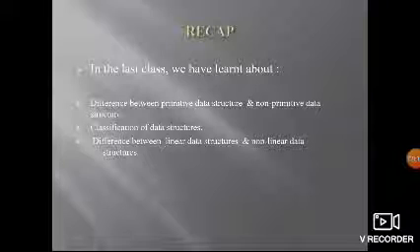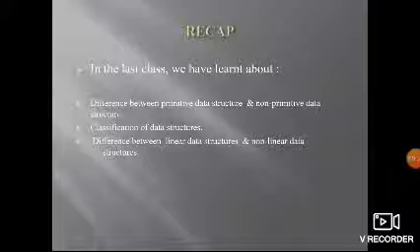Insertion is adding a new element to the existing list of elements. Deletion is removing an element from the existing list. Display is printing the existing list of elements. Sorting is arranging the given list of elements in an order, ascending or descending.